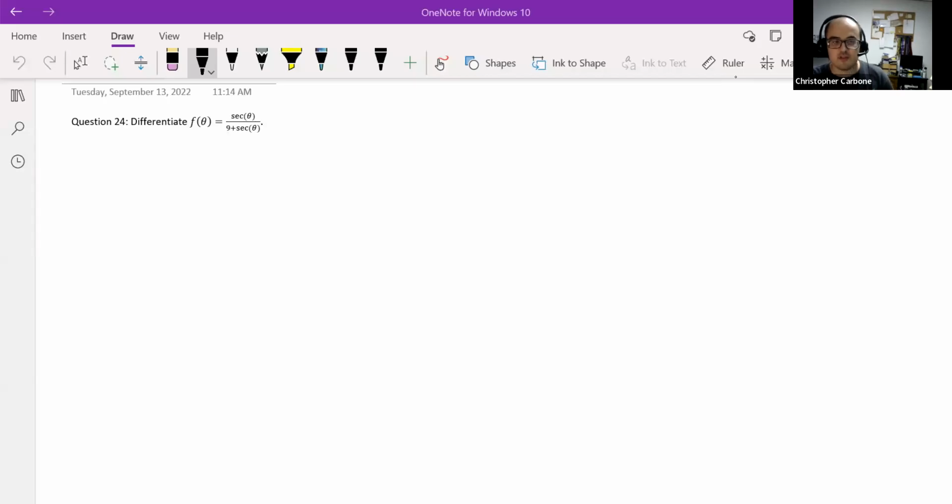This is question 24 of our calculus review. We want to differentiate f of theta is equal to the secant of theta divided by 9 plus the secant of theta. So to do this, we are going to let f be the secant of theta,